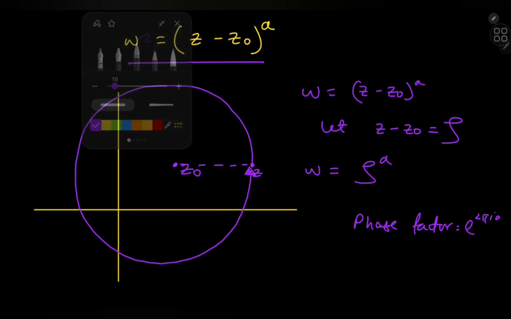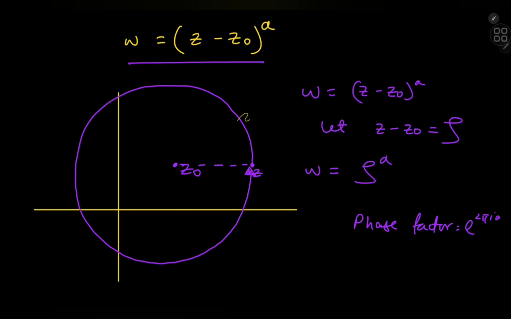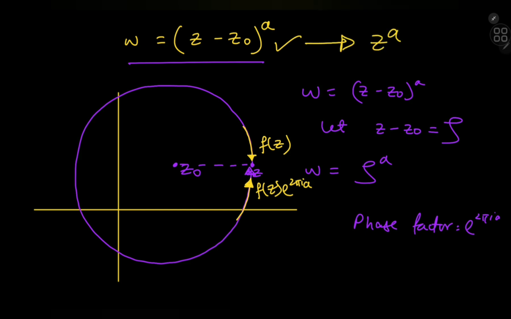So what this means in the z-plane is that if you approach this point z from the upward direction, in the upward sense, then you have f of z. And if you approach it from the downward sense, then you have f of z times e to the 2 pi i times a, which shows that this function has exactly the same phase factor as z to the a. And because they have exactly the same phase factors, exactly the same branch cuts will work for them